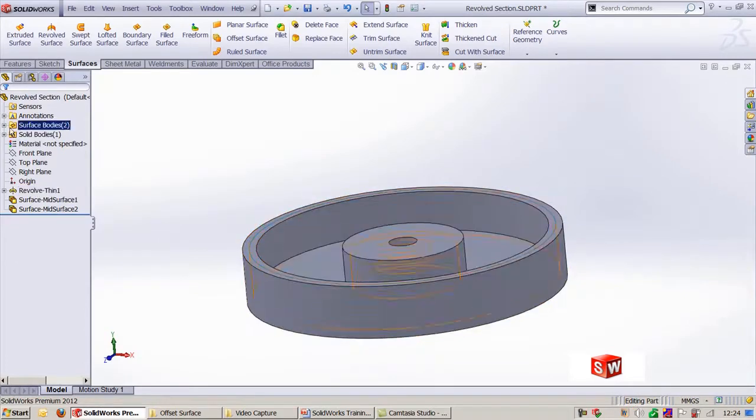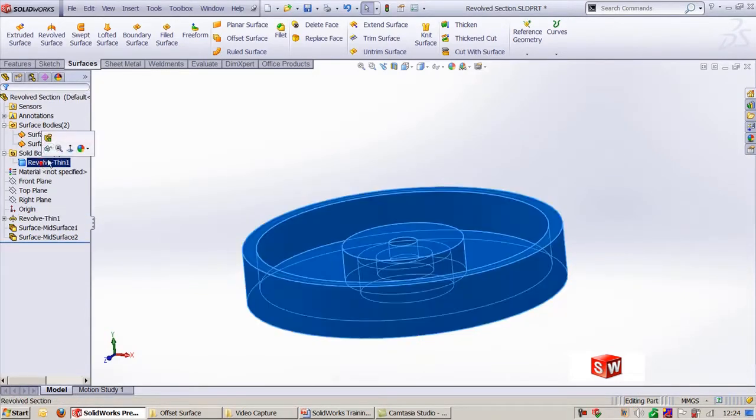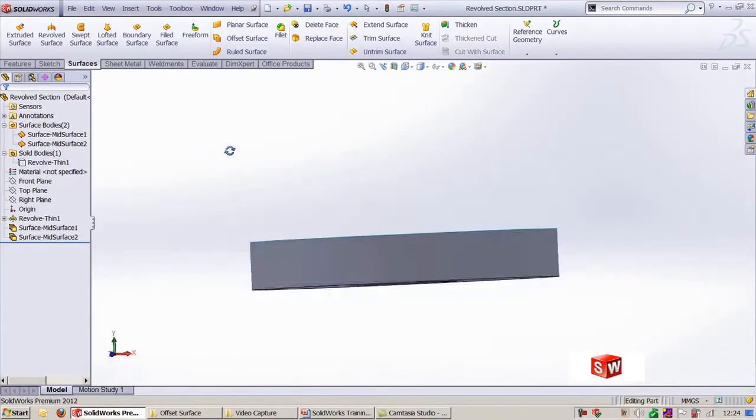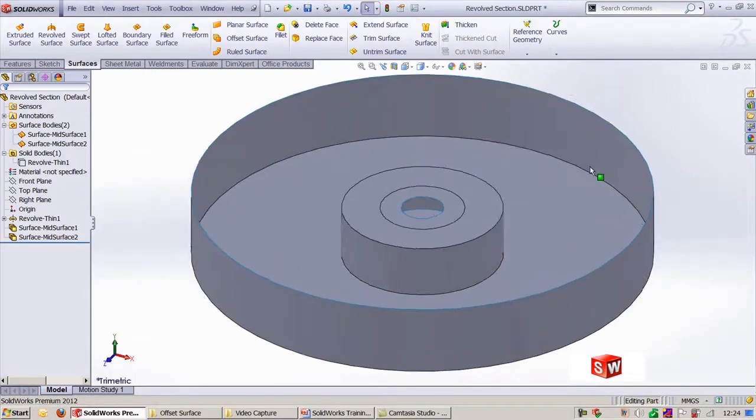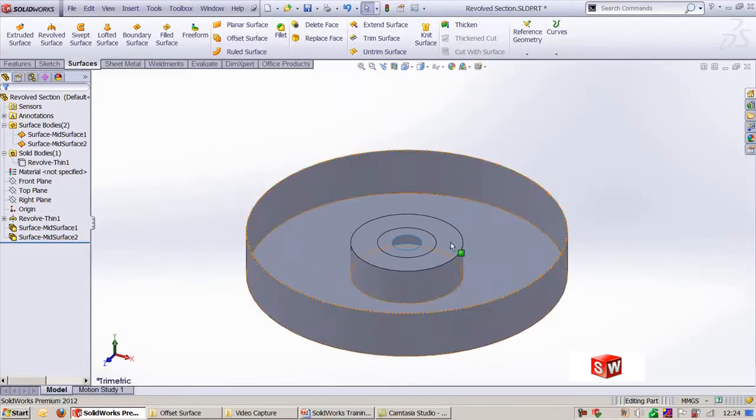Now I will go and hide the solid. Now you can see the sheet. So this will give you an easy way of creating the surface, and this surface now you can use for meshing, which will avoid the time consumed in creating the mesh for the whole thin feature. So here the objective is mid surface will be most probably used 70 to 80% for creating mid surface required for the thin features. Now let us look into the next command,